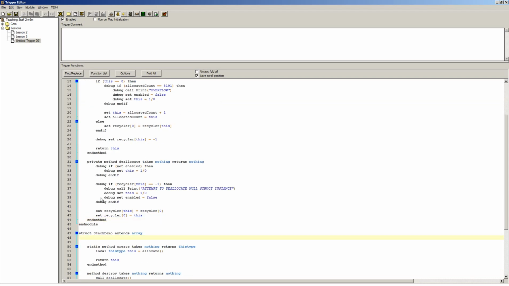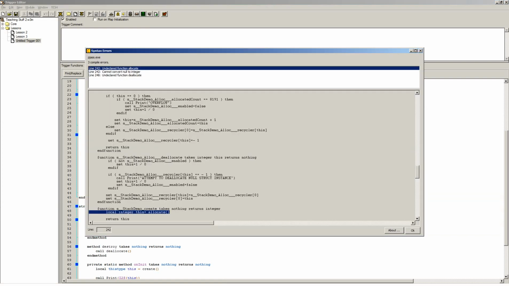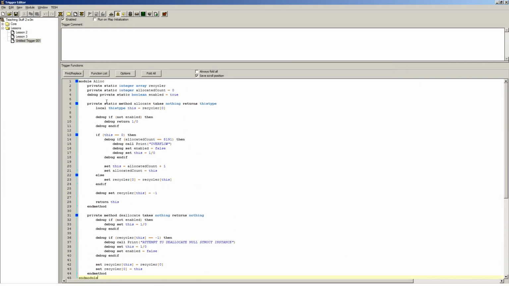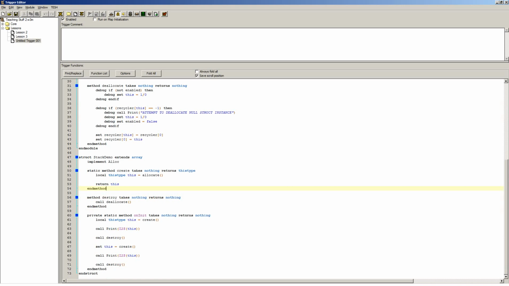And then we can just implement the module at the top. And now it can be used. Oh, I probably need to make these public now, don't I? There we go. And it works. So now you should be able to create a struct from scratch with instancing and so on, and destruction and